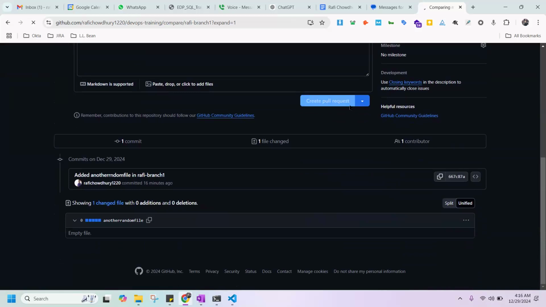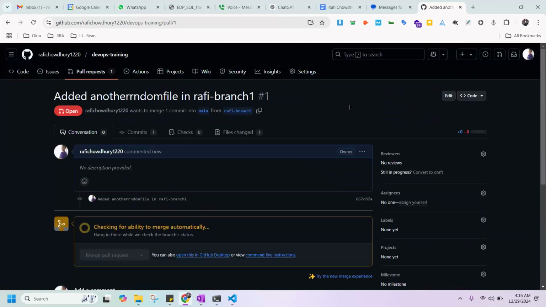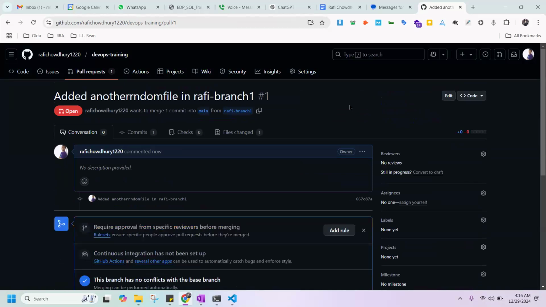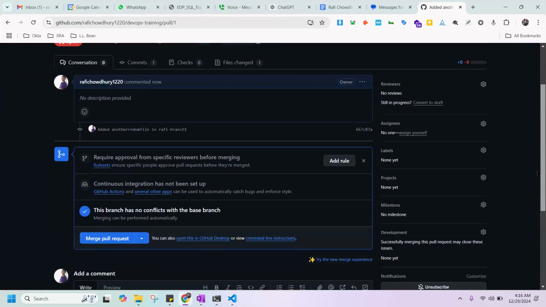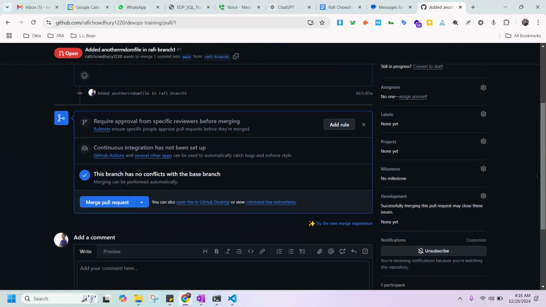Whenever you create a pull request, your PR is generated. Now go down. It says this branch has no conflicts. Conflict means whenever you have two branches with the same file, but the particular code is changed for the same file, then it becomes a conflict, right?